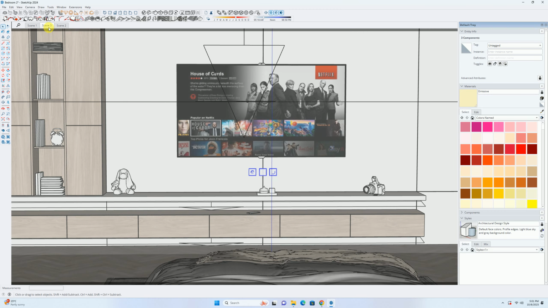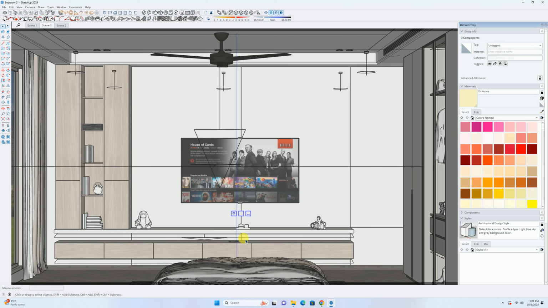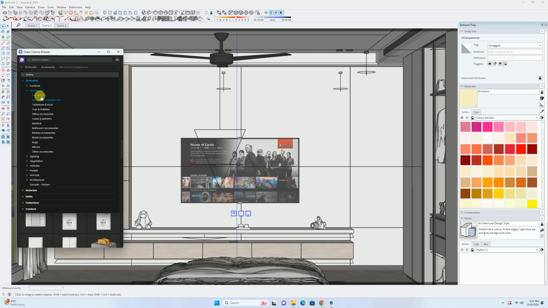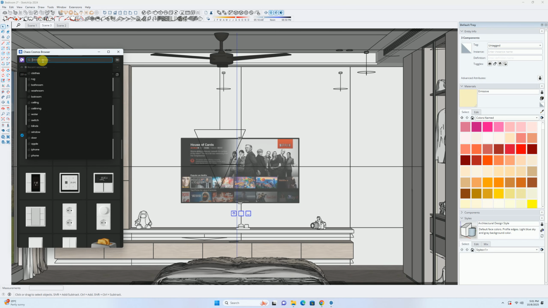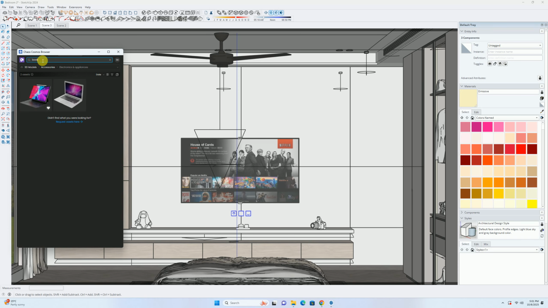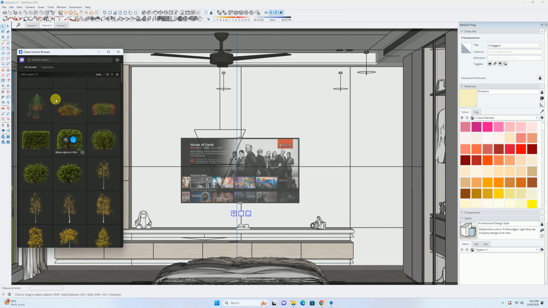Okay, so this number added structures as well.